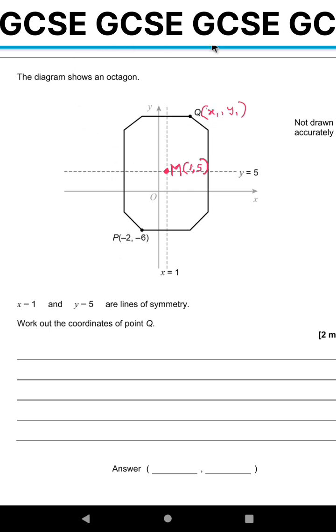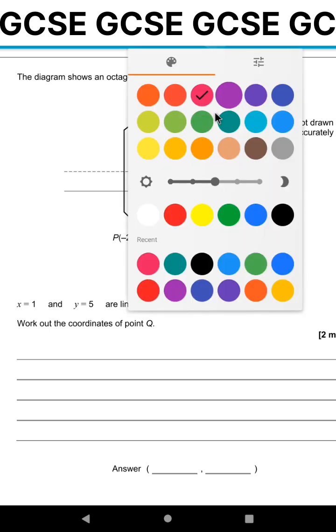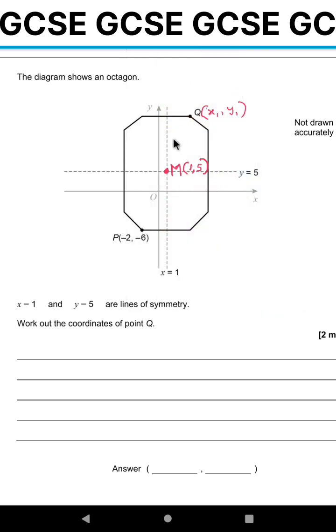Very simple. All we need to do is to connect P and Q together. So if I join this P and Q, don't mind my straight line may not be straight enough, but just manage it. Now I join this line PQ. What can you notice? You notice that this M is actually the midpoint of this line segment. So that takes us to the